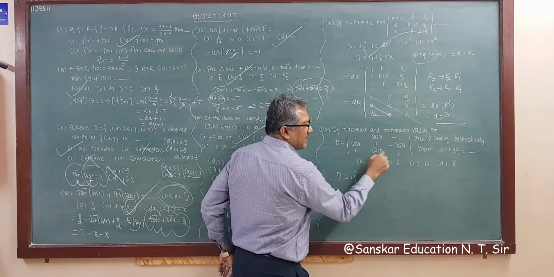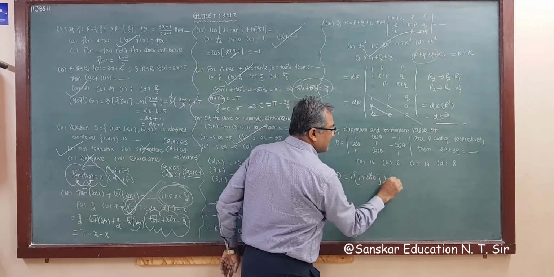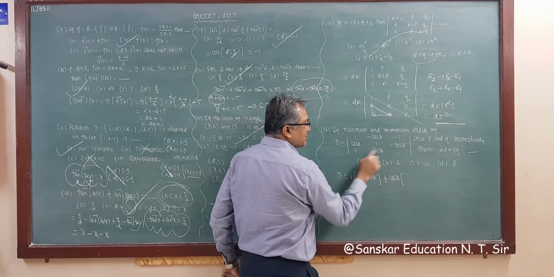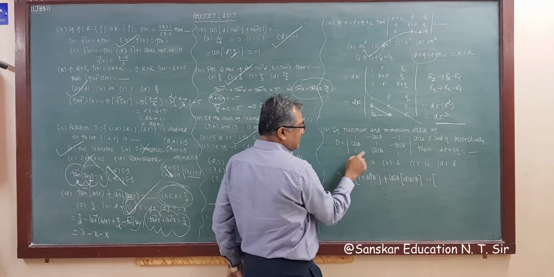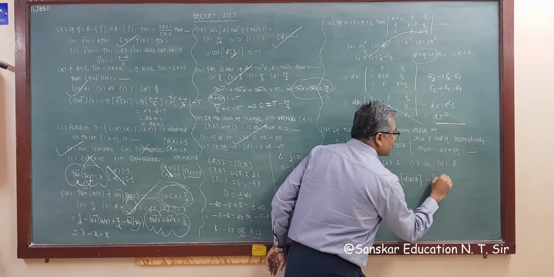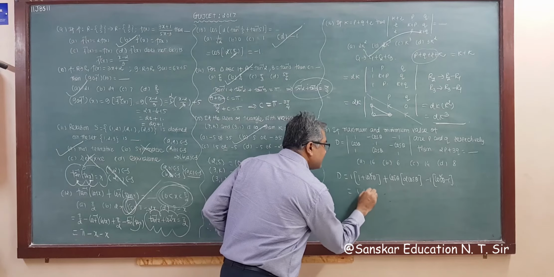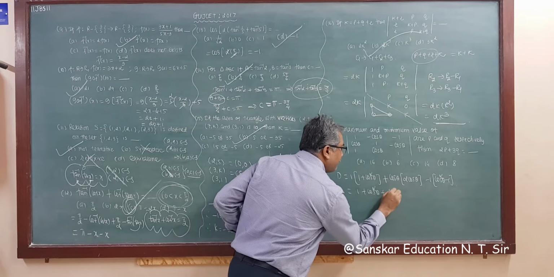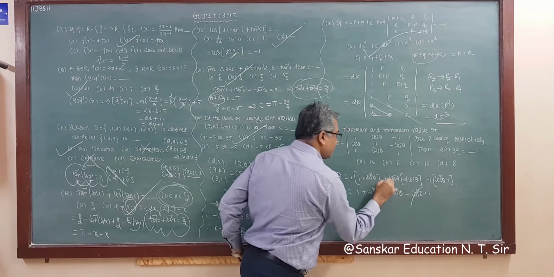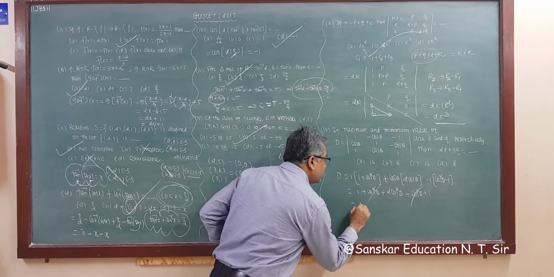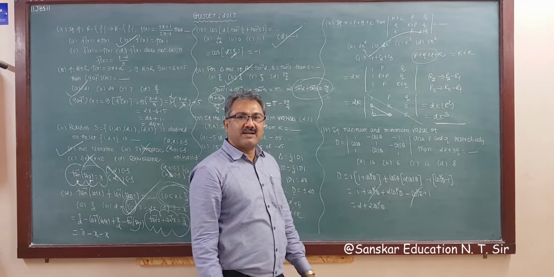1 minus plus. So 1 plus cos square theta. Minus plus, I am expanding with the first row, cos theta, this is cos theta plus cos theta, that is 2 cos theta, and minus 1, this is cos square theta minus 1, right? So this is 1 plus cos square theta plus 2 cos square theta minus cos square theta plus 1, this cos square will cancel. So what we get? We get 2 plus 2 cos square theta.